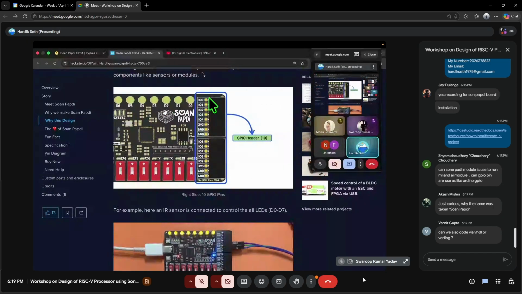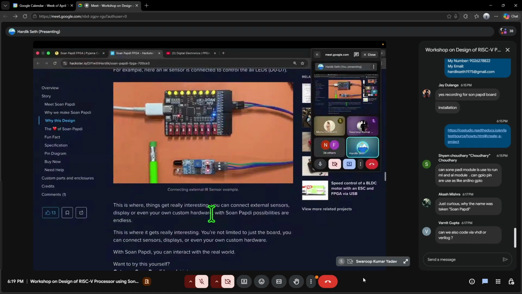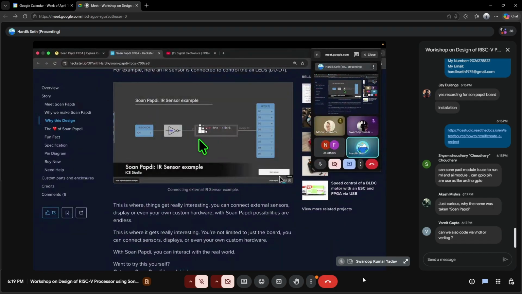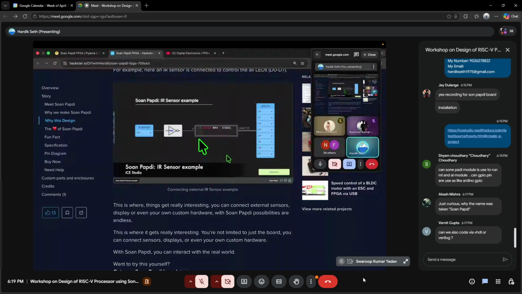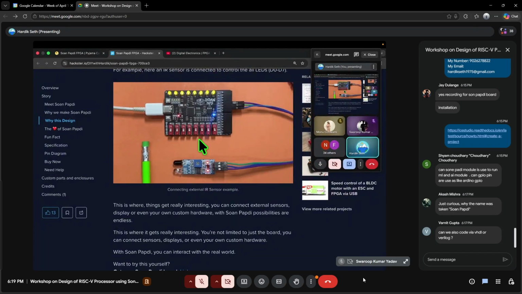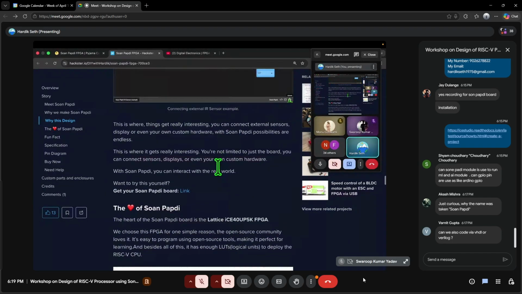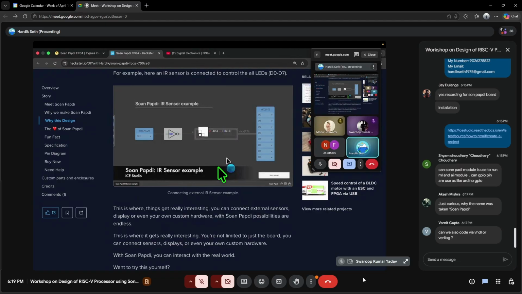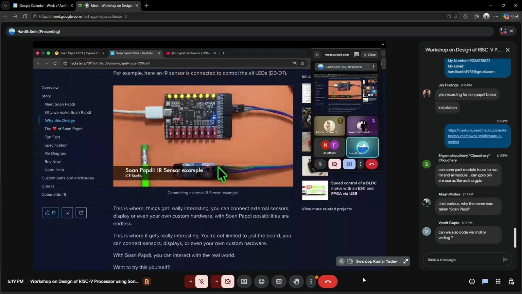So on the right side, we have 10 GPIO headers. With the help of these GPIO headers, we can connect external sensors, like an IR sensor or an ultrasonic sensor. So we can connect different types of sensors and modules with the help of these GPIO pins. And this is where things get really interesting. You can connect a soil sensor or interact with the real world environment and connect your FPGA and make some algorithm